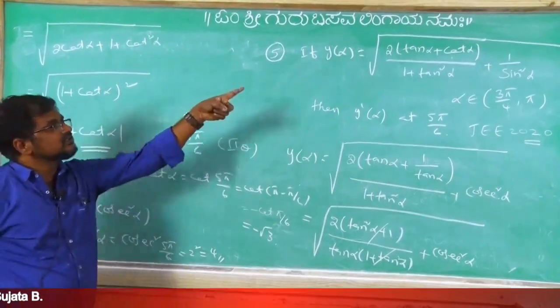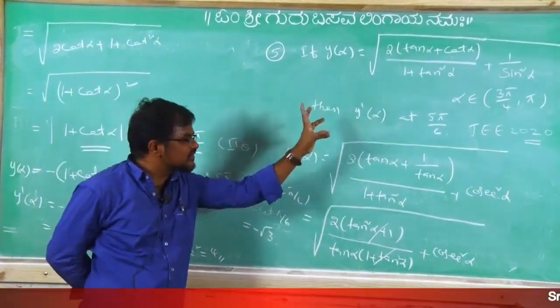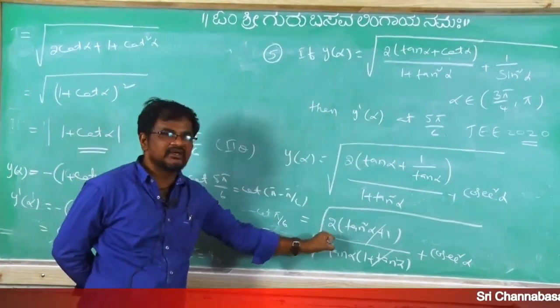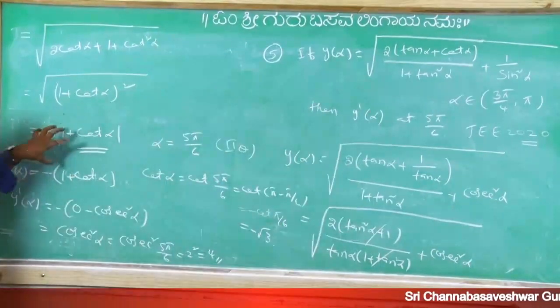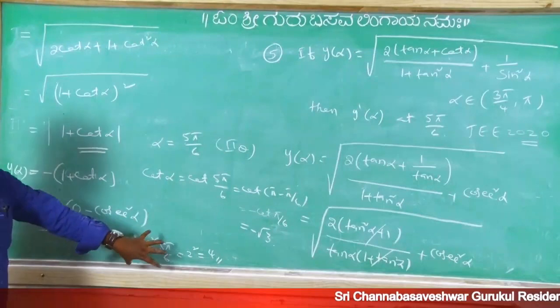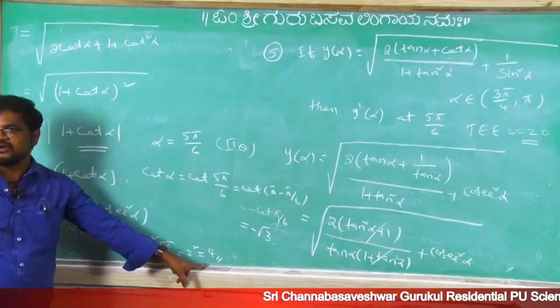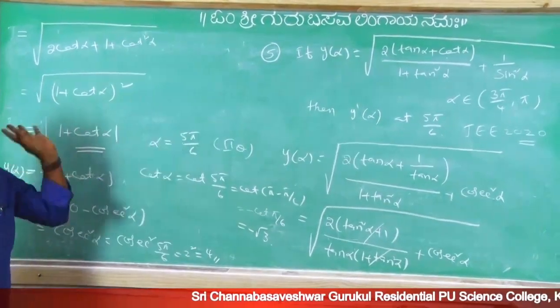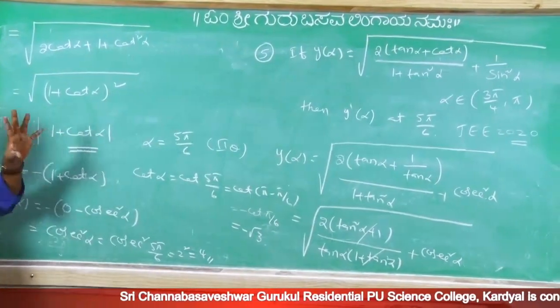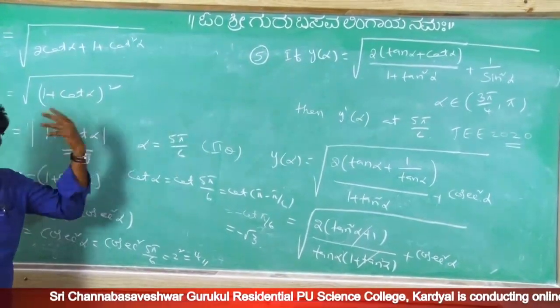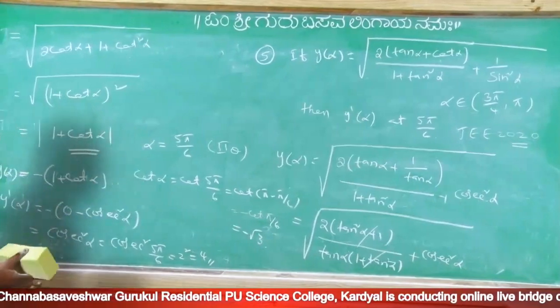So this is a previous problem, only recently they asked in JEE. So what did you do? First, the question they gave, you simplified according to the trigonometric formulas. By using this you did the differentiation and substituted that alpha value, then you got 4. Okay? So if you simplify like this, then you will get the idea of how to get the answer.